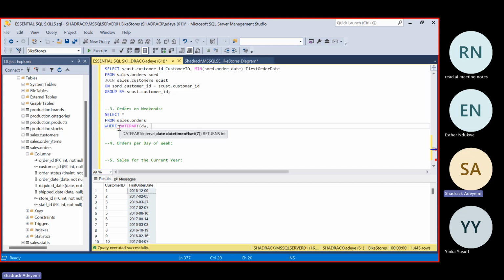So we're saying the interval is the day of the week, and then the column that we want to perform this operation on is the order date. That's the range that we're specifying. Something interesting that I want you to note here: we have specified the day of the week, and we have specified the date that we are going to be taking our date part from.